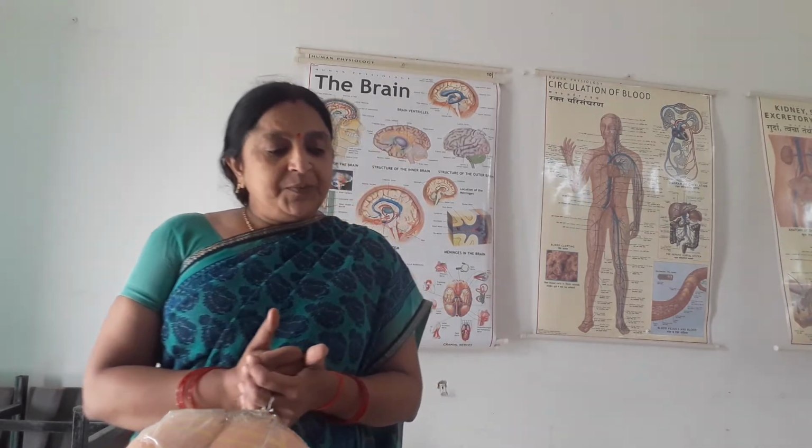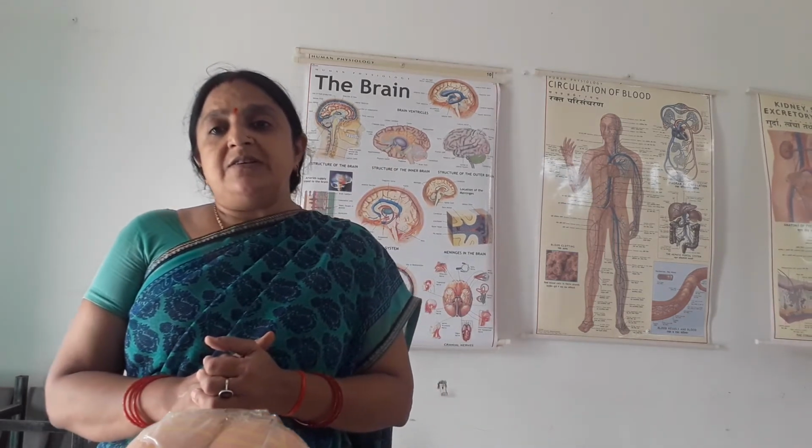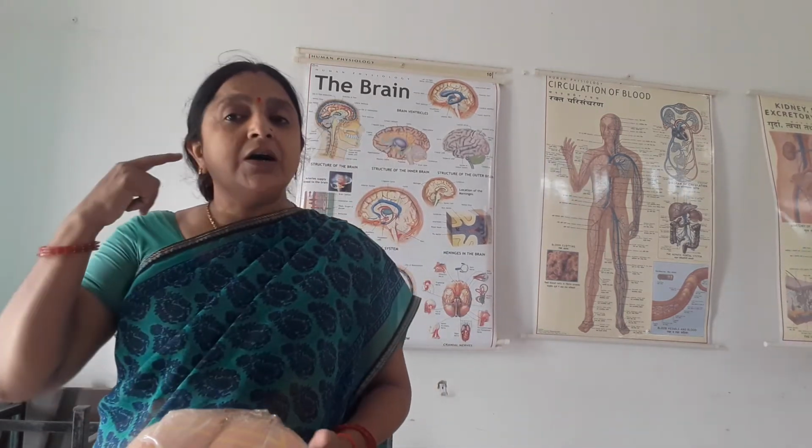Now, after the frontal lobe, it is the parietal lobe. The parietal lobe is associated with the movement or locomotion of the body parts. After parietal, it is the occipital lobe, which is associated with visual processing. After occipital, it is the temporal lobe, which is associated with auditory stimuli. It is associated with listening, not the nose, but our ear, and it is called the temporal or auditory lobe of the brain.